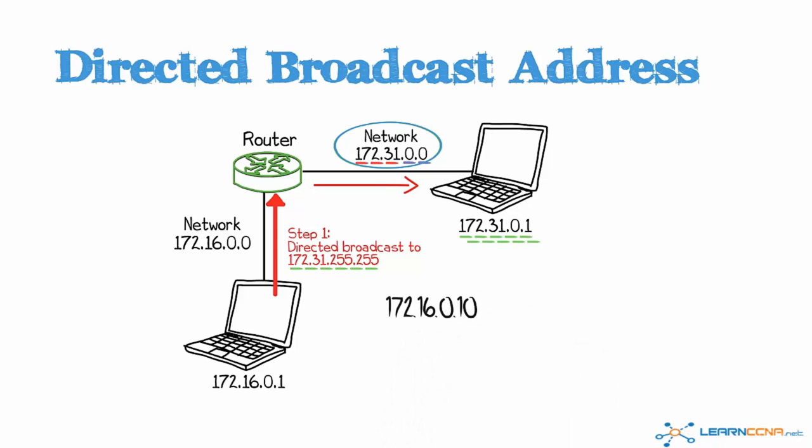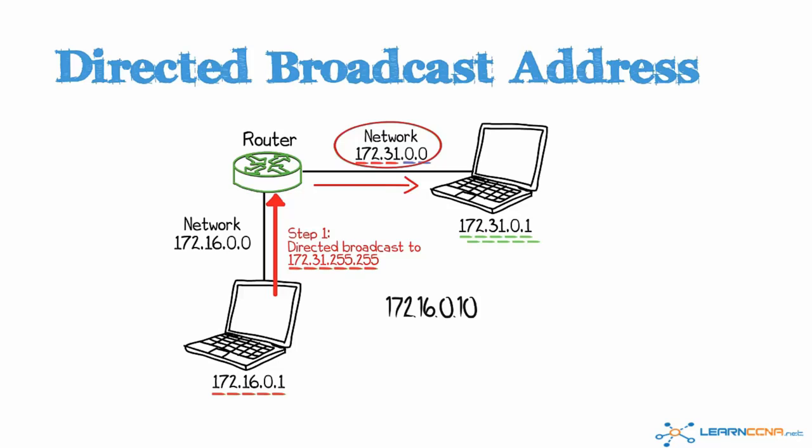But if they wanted to attack this device 172.16.0.1, they would send directed broadcasts to the subnet 172.31.0.0. In other words, they would launch lots of traffic with a source IP address of 172.16.0.1 to destination